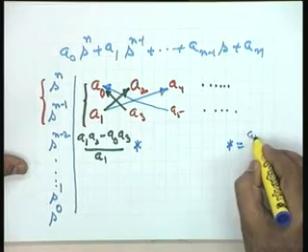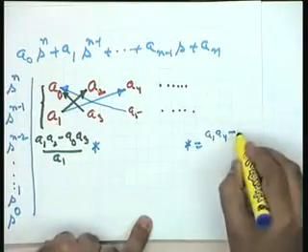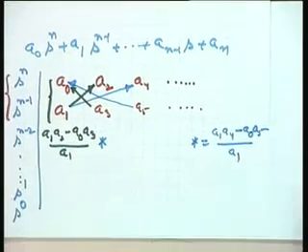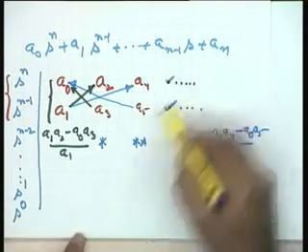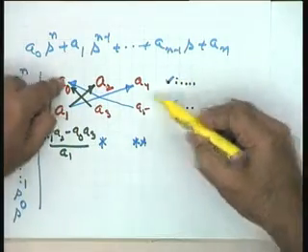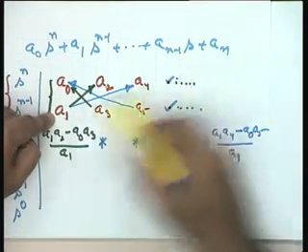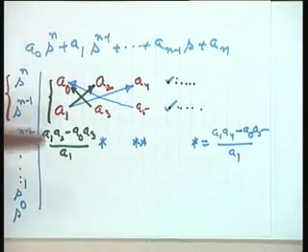So, I am writing a1 into a4 minus a naught into a5 divided by a1. I hope the procedure now gets known, and the next element, double star here. If there are coefficients here, it will be a1 into this coefficient minus a naught into this coefficient divided by a1. If there is no coefficient, then in the multiplication you will take the coefficient to be equal to 0. A missing coefficient will be taken as 0 in the process of construction.